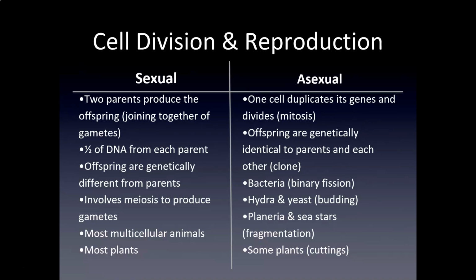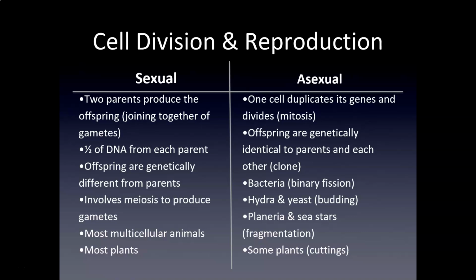We're also going to talk about some really cool features of meiosis that not only allow those offspring to be different from their parents, genetically speaking, but even from the same set of parents, the offspring that they produce are all also genetically different from each other. So even if you take a mom and a dad and they have 5 children, each of those 5 children are not genetically identical to each other either. And it's going to be pretty cool when we start digging into how this works with meiosis, because the amount of genetic variation that comes from sexual reproduction is just astronomical.